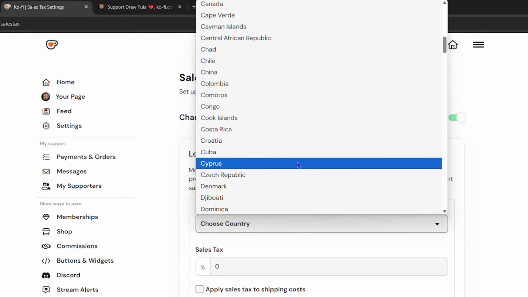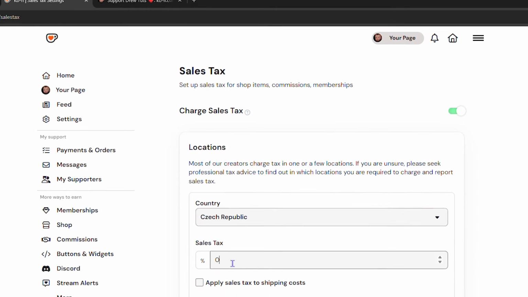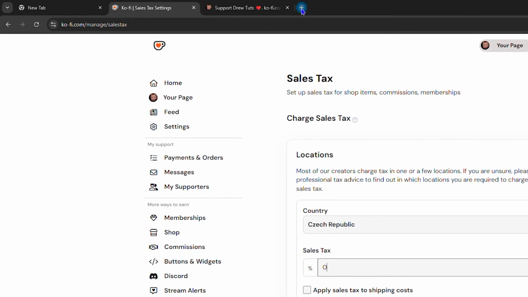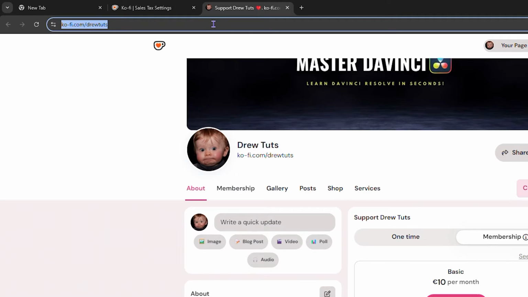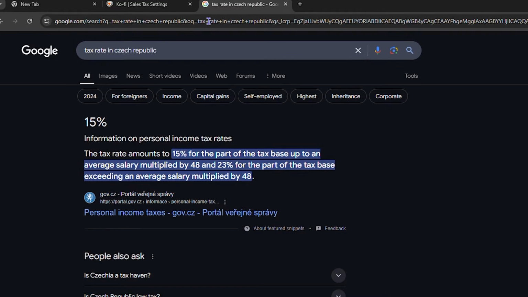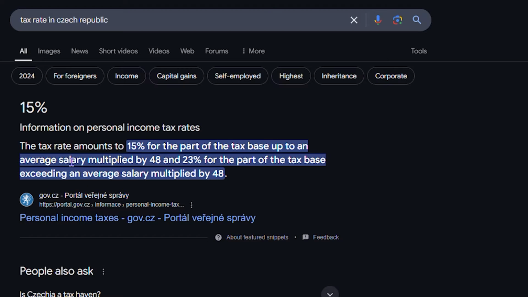living to apply it. So in this case, I'm going to choose the Czech Republic, and you want to know what the tax is like in your country. It's really important for you to know what tax is like. So if I want to know for Czech Republic, let me go ahead and just use a separate window here and just type tax rate in Czech Republic. I can do that, and you can see here that it mentions there that the tax rate amount is 15%,